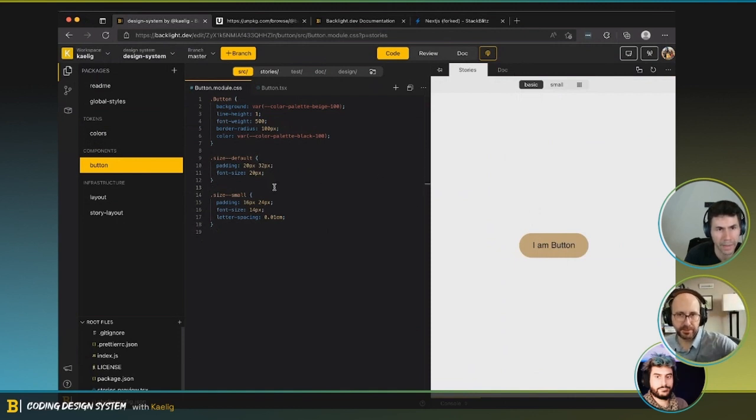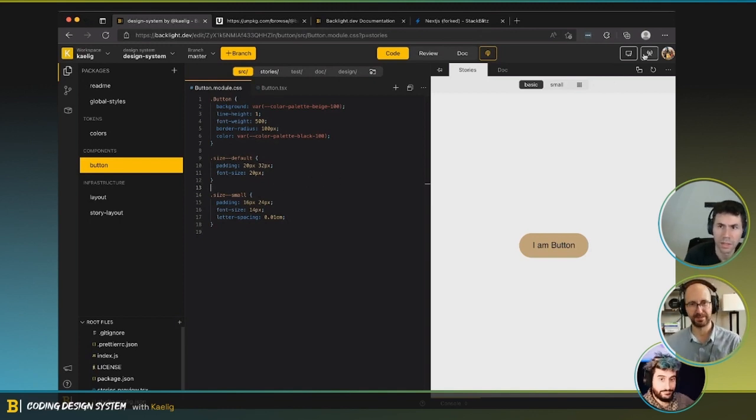One thing I really want to get right is how do I save the CSS files in the design system and see the changes directly on my local. So that's the kind of stuff that we want to discuss next time.